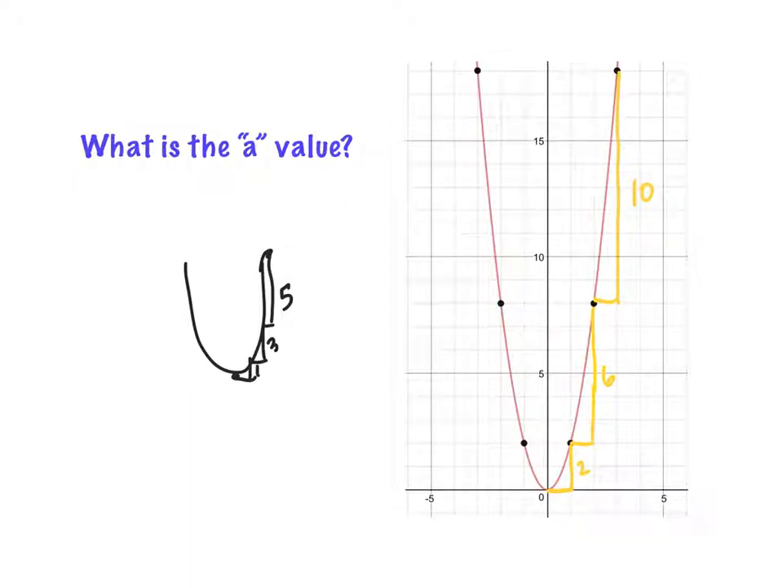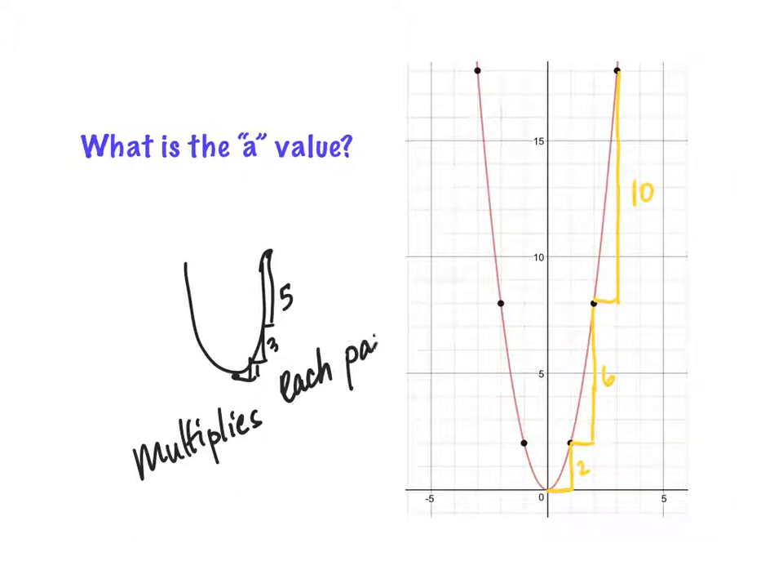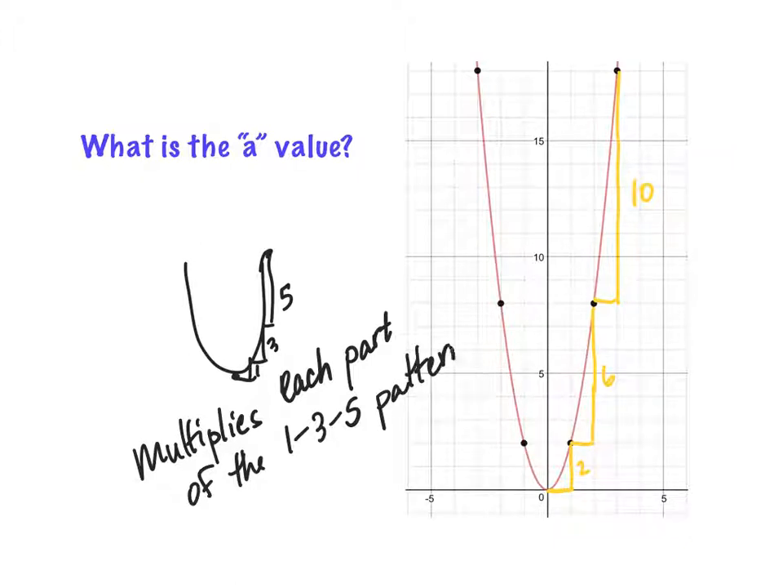So that A value multiplies each part of that pattern, and I'm just going to say the 1, 3, 5 pattern, by A. So if I jump back